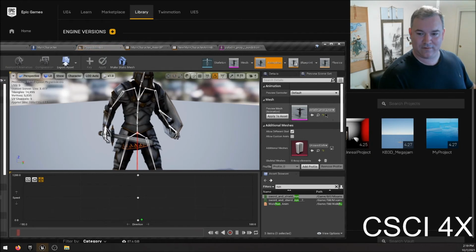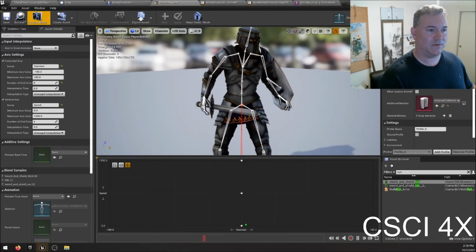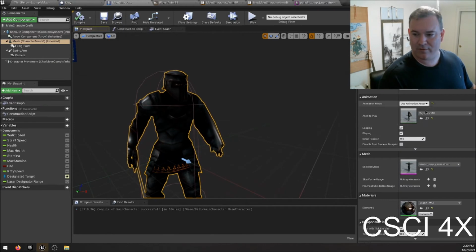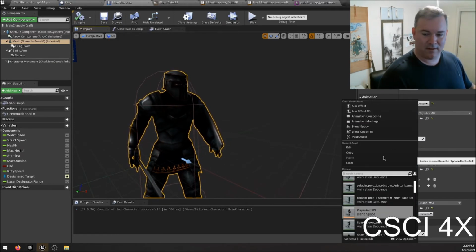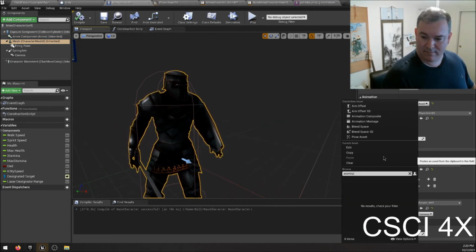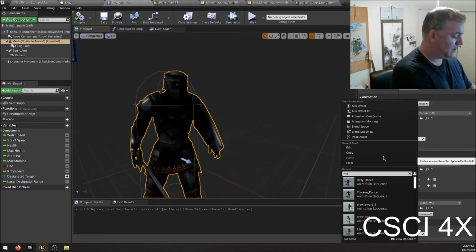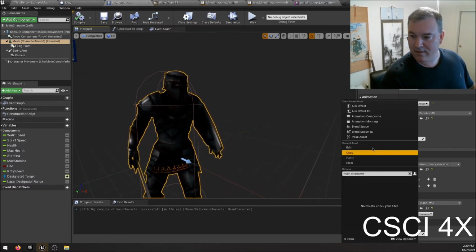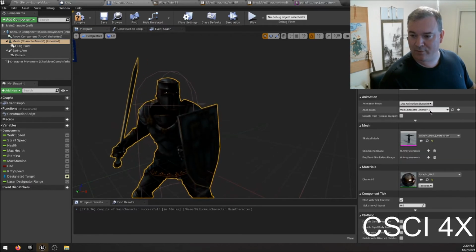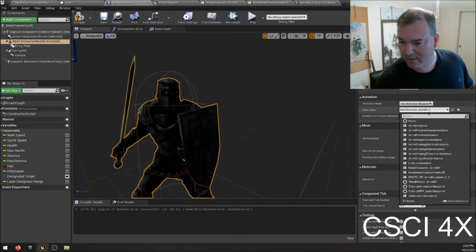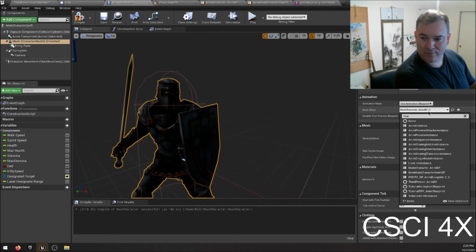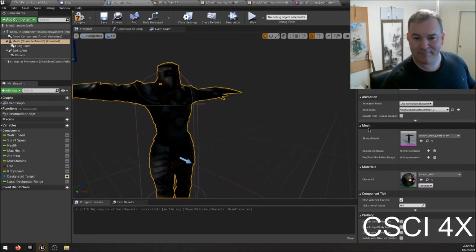The animation here is right now set to a blend space, but we're going to change that to this blueprint over here. Main character, the mesh, rather than using the blend space, we're going to use the anim BP, what do we call it? Main character, not an animation asset, sorry, we want an animation blueprint. Main character anim BP, new, what did I call it? New. There. Okay. And we hit save,